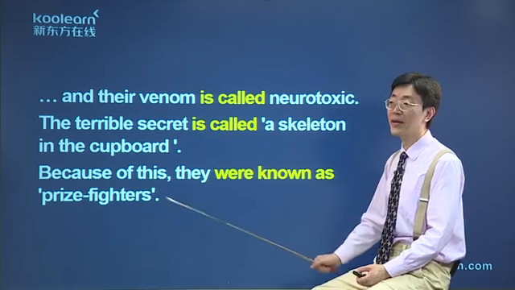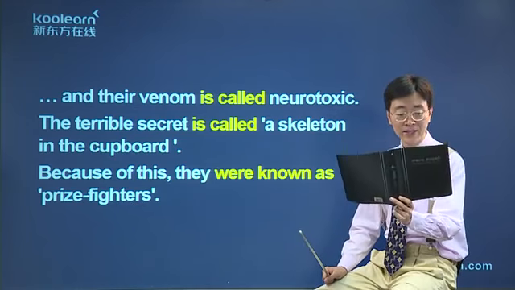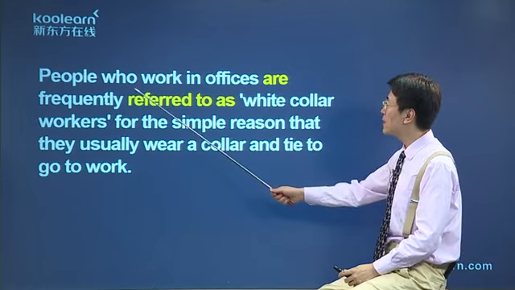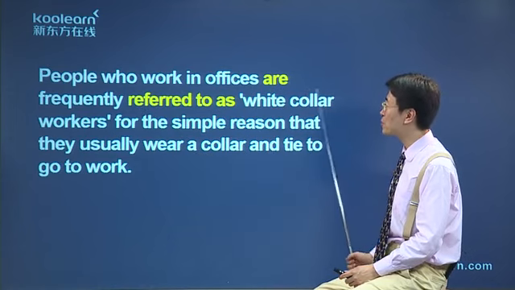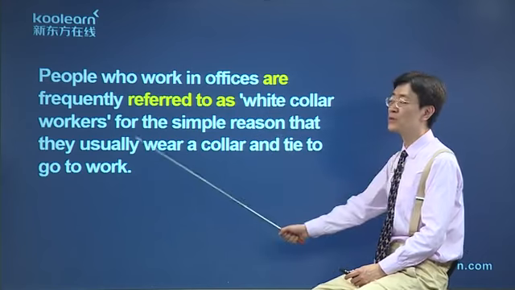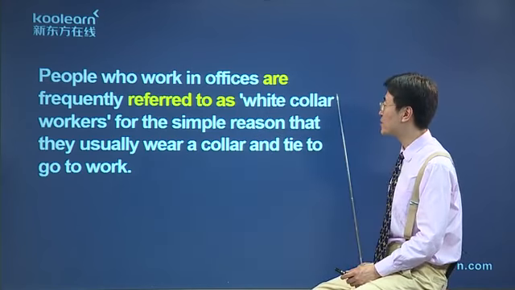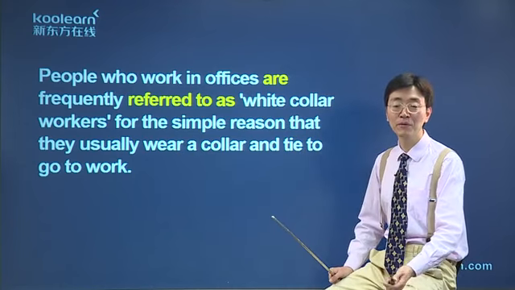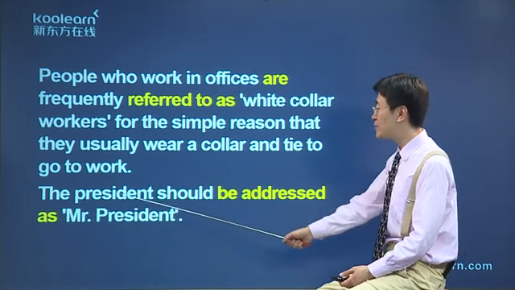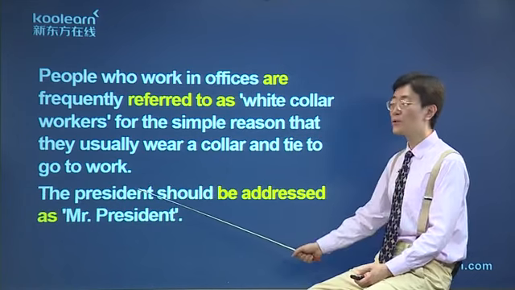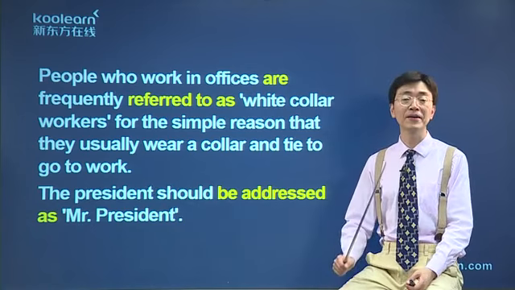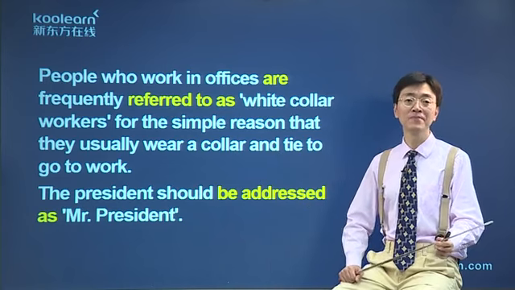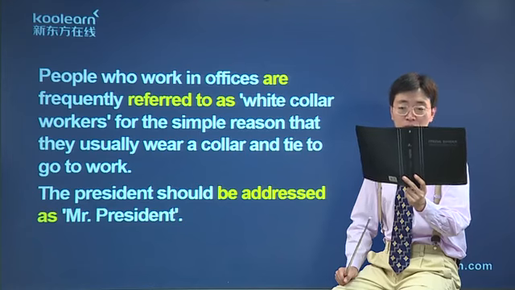因为这一点，他们被称为 prize fighters，三册21课，丹尼尔·门多萨。还有 be referred to as，出现在三册第4课，阿尔弗雷德·布鲁克斯的双重生活。People who work in offices are frequently referred to as white-collar workers for the simple reason that they usually wear a collar and tie to go to work. 在办公室工作的人常常被称为白领工人，只因为他们一般穿戴白色领子和领带去上班。再给一个 be addressed as 的例子。The president should be addressed as Mr. President. 总统应该被称为总统先生。这4个搭配：be called, be known as, be referred to as, be addressed as，记住就好了。本文中用的是第二个 be known as。后面说